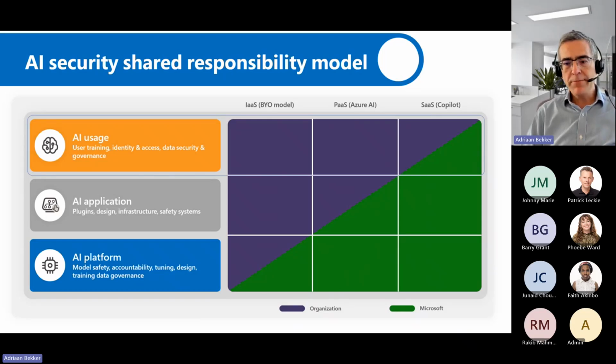If we start off very simple, and I'm going to start with platform as a service, because that's where I see a lot of our customers spending time, where they've created their own AI applications that they plug into their data, that they leverage to create applications, software, etc., to help use and leverage Microsoft's OpenAI or Azure AI functionality. And what is interesting here is that Microsoft will take care of the platform, that is effectively the tuning, design, training, data governance, etc. and then you can create your applications on an ongoing basis to improve your software and design your logic. But you